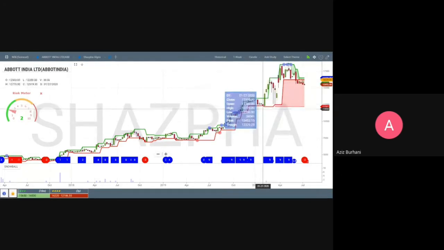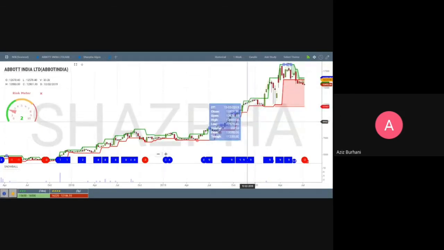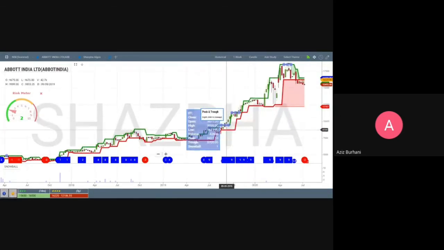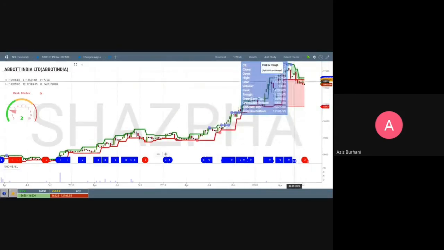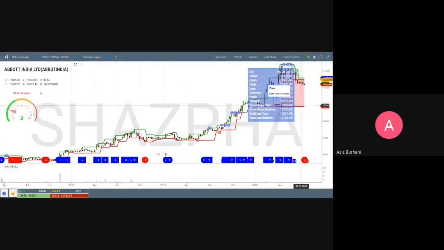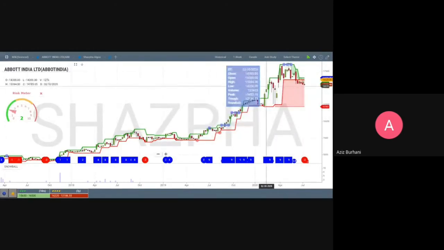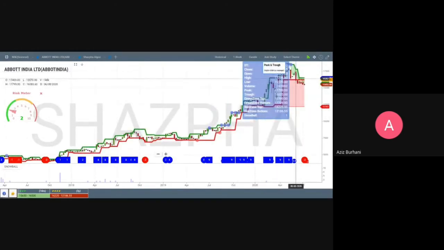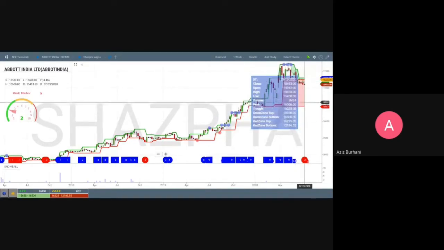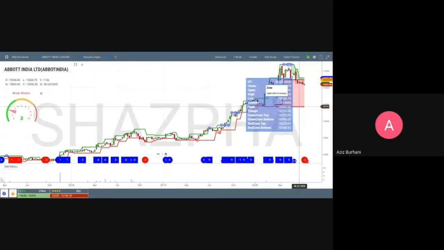So let us assume that the zone would have been different here than it is here. I don't know, it would have been here or here, or wherever the zone would have been. The bottom of the zone is what I mean. So this is the top of the zone and this is the bottom of the zone. So you don't exit. It goes up and again breaks the trough. You again don't exit, because you are waiting for this to break.